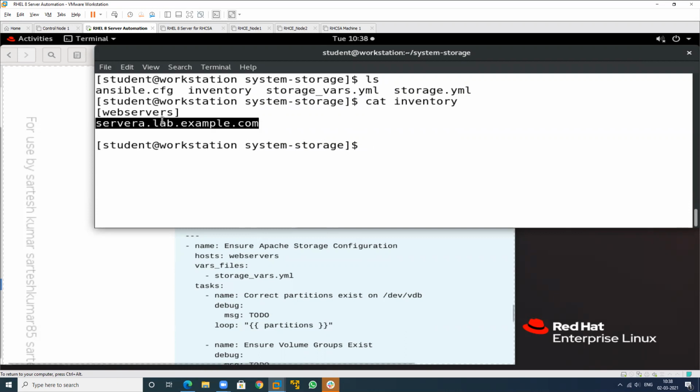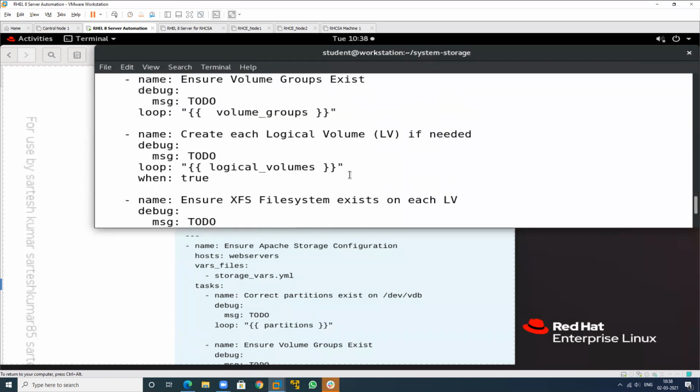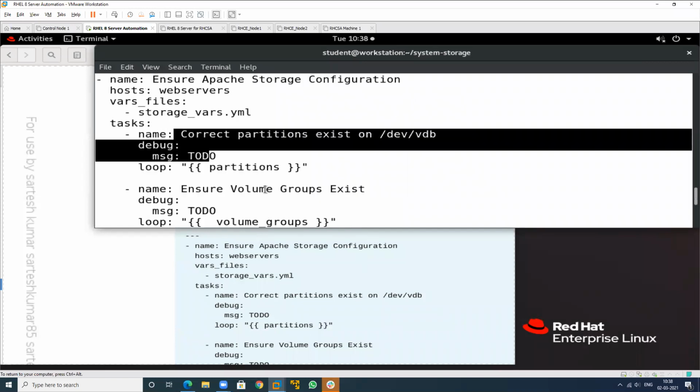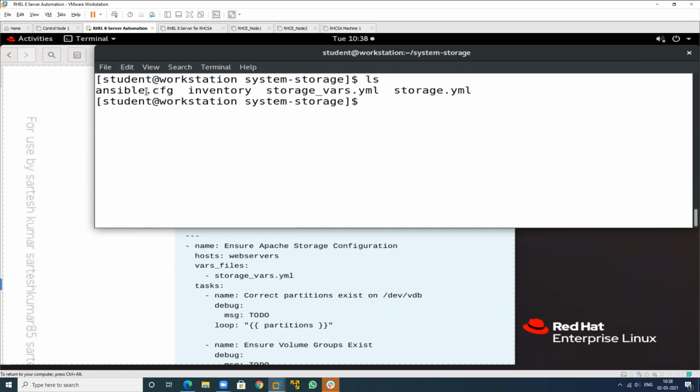This is the inventory file. In this we have only one machine, and see cat storage.yml. So this is a predefined playbook that we have. So we have three things here: the configuration file, inventory file, and storage.yml.